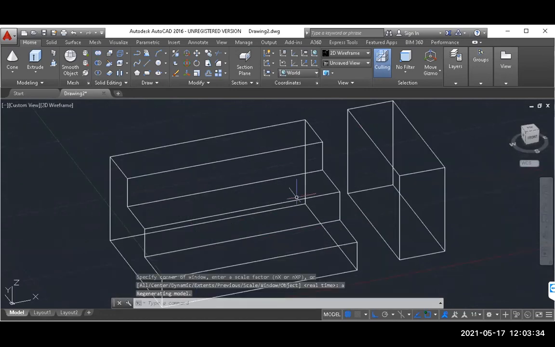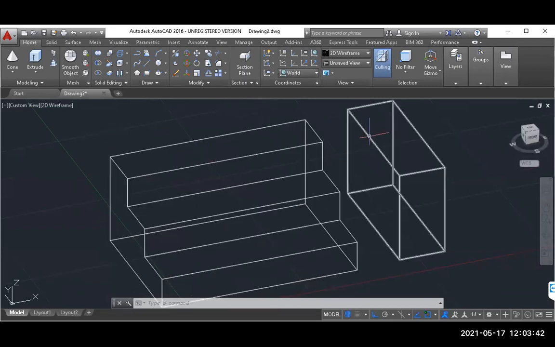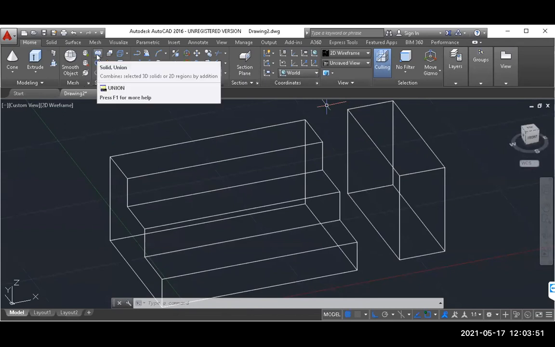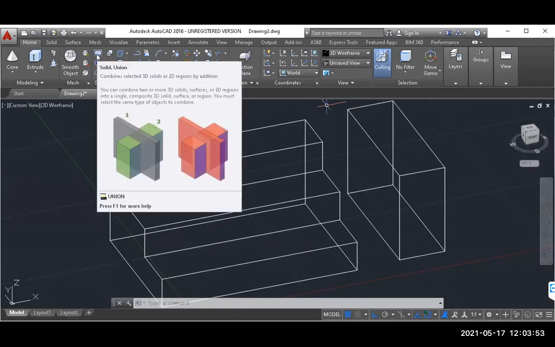Now we have to add these two volumes. This is your volume number one, and this is your object number two, or volume number two. Now we have to add these two volumes, which means we have to do a Boolean operation. On your screen, you can see solid union. So I will go for this solid union,